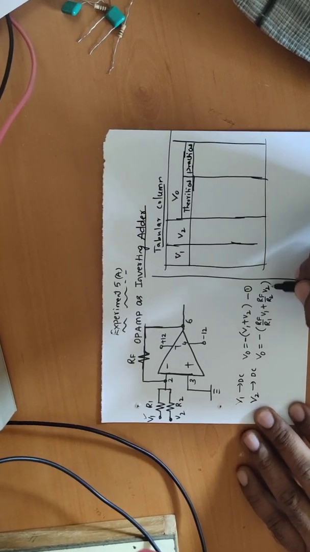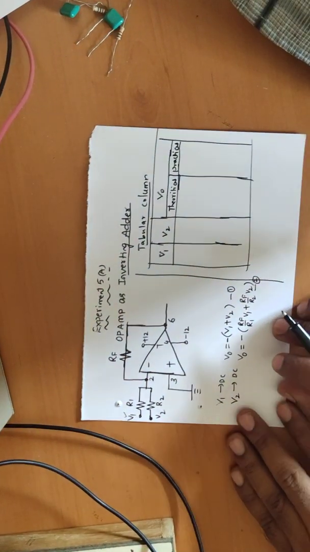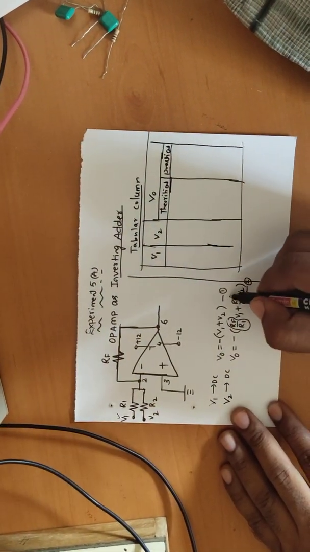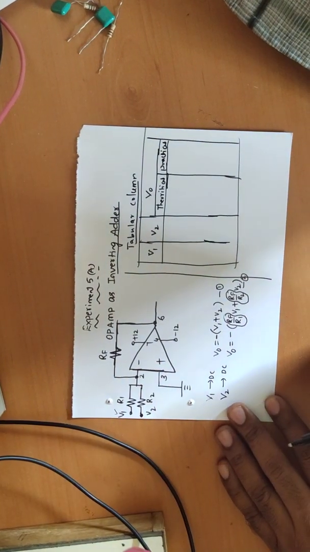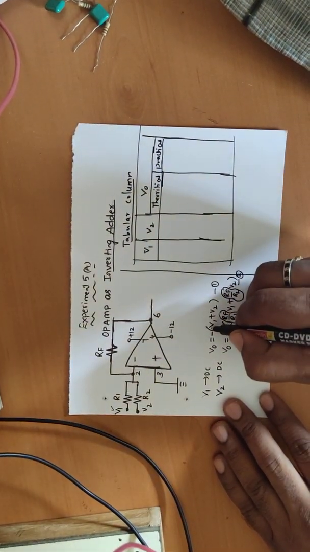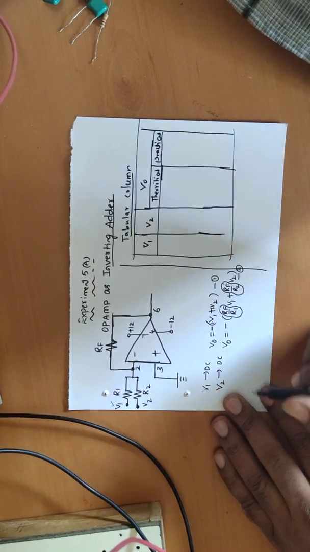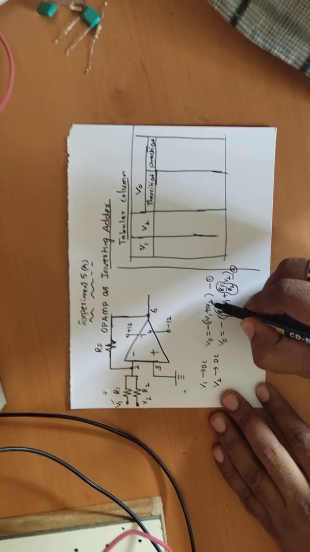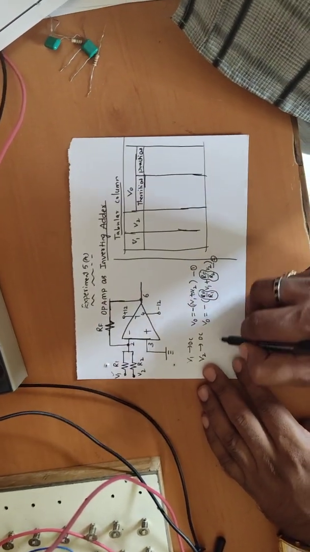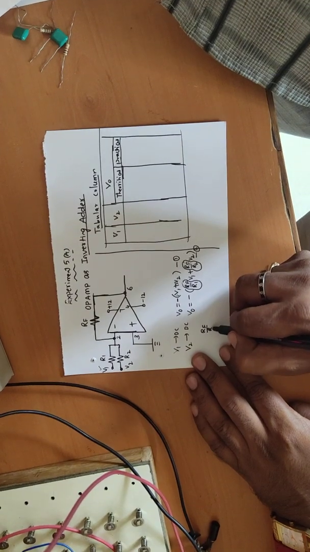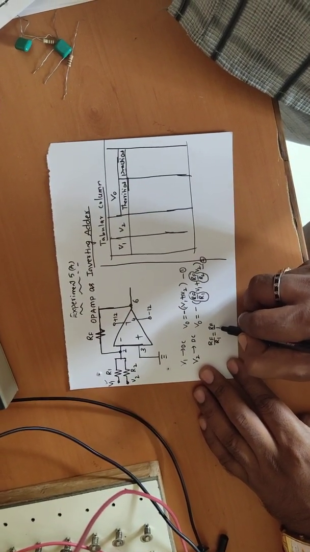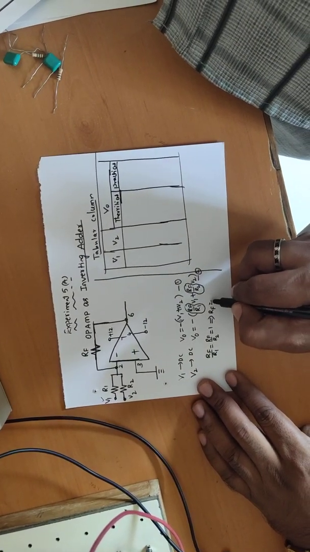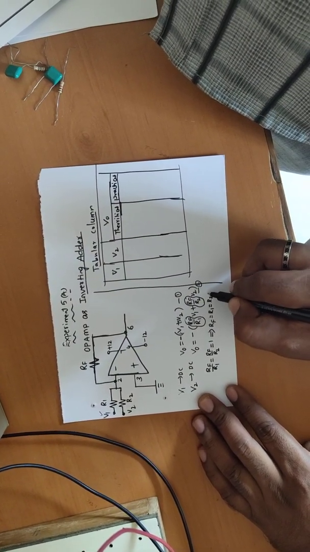Now if I compare equation number 1 and equation number 2, then I am going to get the scaling factor, that is Rf divided by R1, and the scaling factor Rf divided by R2. These values I am going to get as 1 and 1 because the scaling factor in the required output voltage equation is V1 coefficient is 1 and V2 coefficient also 1. So therefore I am going to get the design equation as Rf divided by R1 equal to Rf divided by R2, which is equal to 1. Therefore we are going to get the ideal equation as Rf equal to R1 equal to R2.